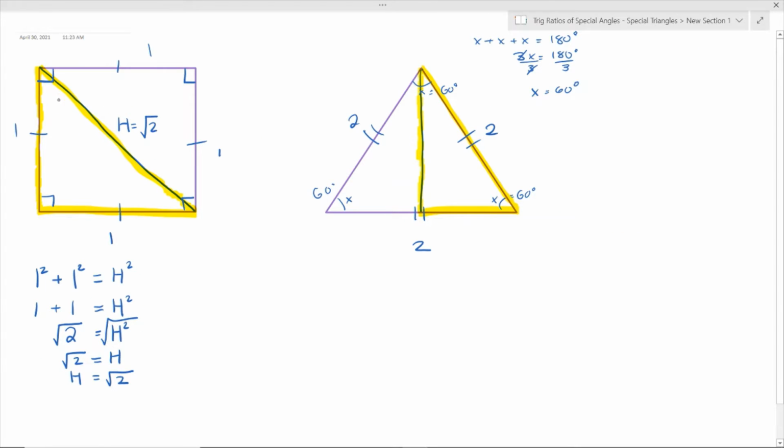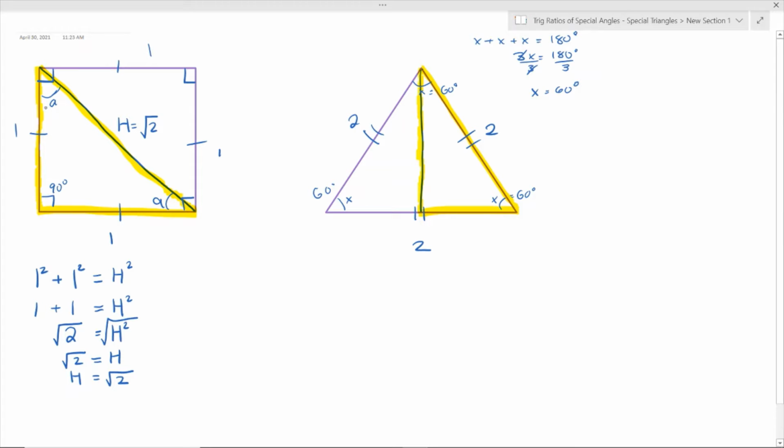Now to solve for the angles in this right angle triangle, we already know this is 90 degrees, right? It's a right angle. We don't know this angle yet, and we don't know this angle, but we can recognize that this yellow triangle is an isosceles triangle, right? So this angle here is going to be equal to this angle here, since this side here is equal in length to this side. So it's an isosceles triangle, so that means these angles that I recently drew in are equal. So we can label each of them with the same letter A,